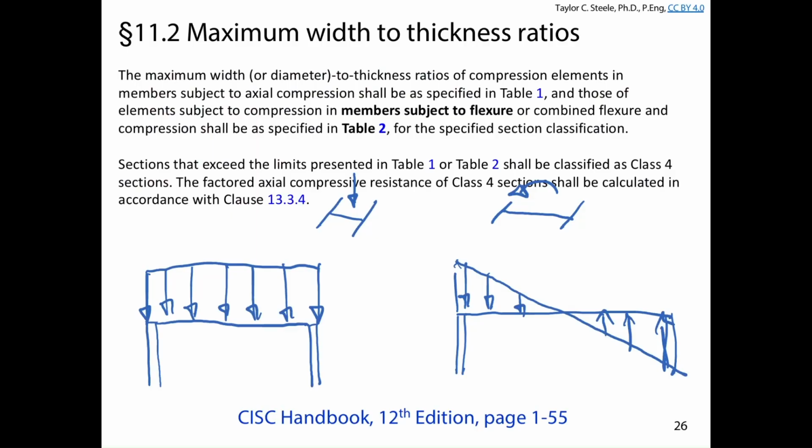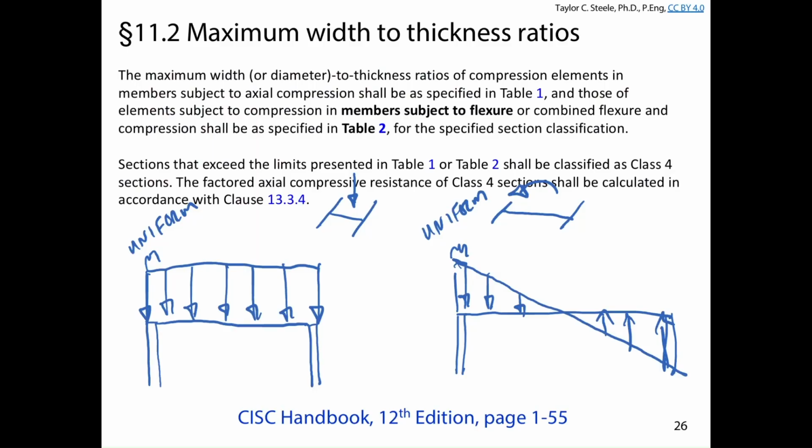The answer is no, right? It's a slight variation here, but this is more or less uniform compressive stress. This is certainly uniform compressive stress. And so the flange doesn't really have a change in the stress distribution. It's under uniform compression, and so the equations that we use to calculate the local buckling strength of the flange are basically the same